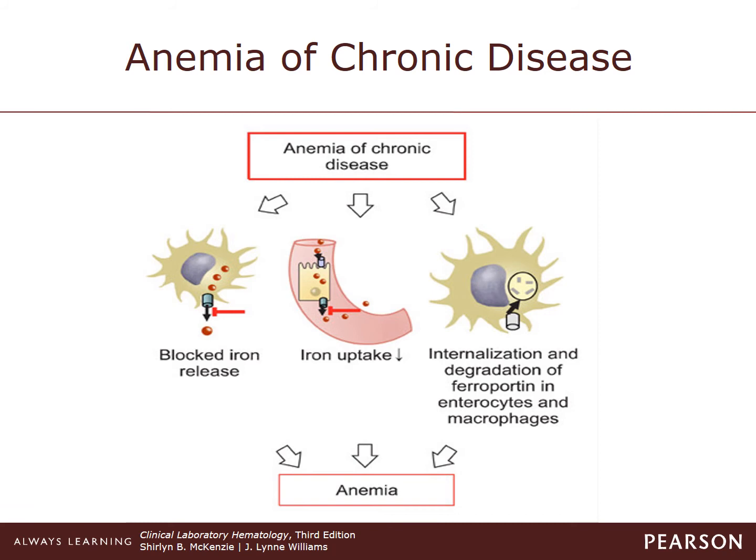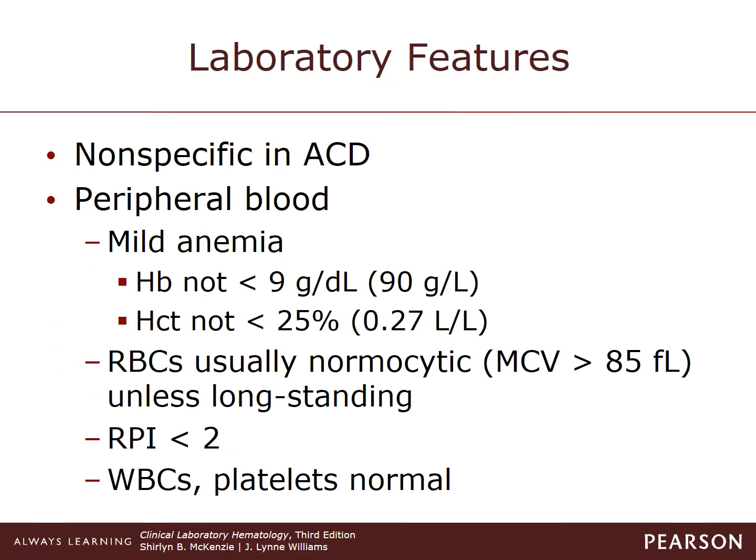So you will have a decreased transferrin and an increased serum ferritin with increased iron in bone marrow macrophages. The signs and symptoms are associated with the underlying disorder. This is rarely severe, but the degree of anemia would correlate roughly with the underlying disease. The laboratory features of anemia of chronic disease usually present with a mild type of anemia, where you're seeing